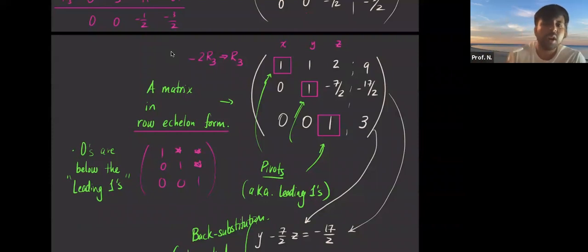There's not necessarily a unique version of REF for each matrix. So if you get a matrix and you put it in REF, there could be different versions of REF. But when you put a matrix into RREF form, there's only one of those versions. So it's like